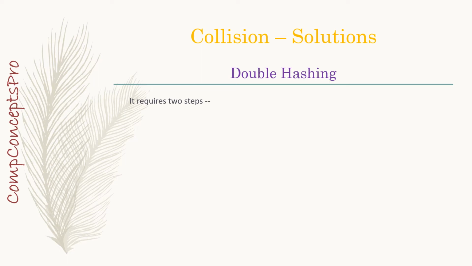Next comes double hashing. Here also the first step is to find out the hash value with the help of the division method. But the next step is a little different from other conflict resolving methods. Here, in case of a collision, we have to apply this formula. Here, m is not the table size but a prime number just less than the table size.